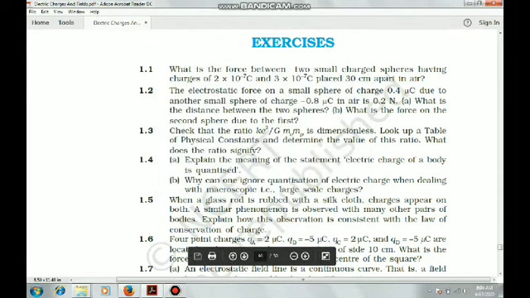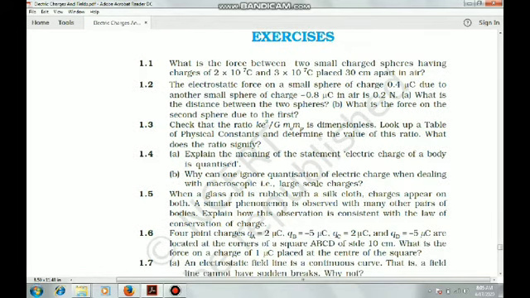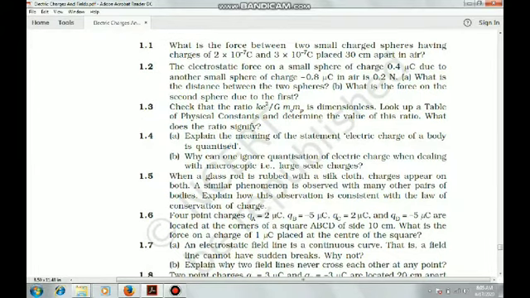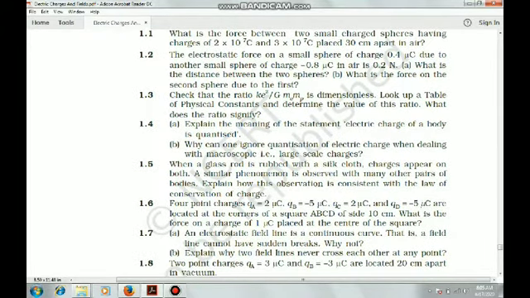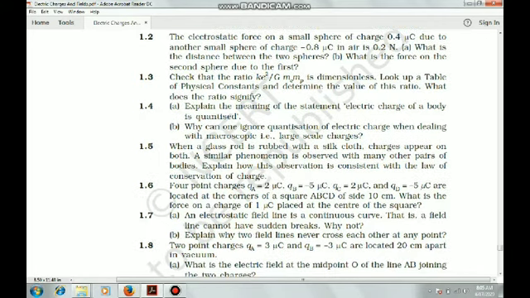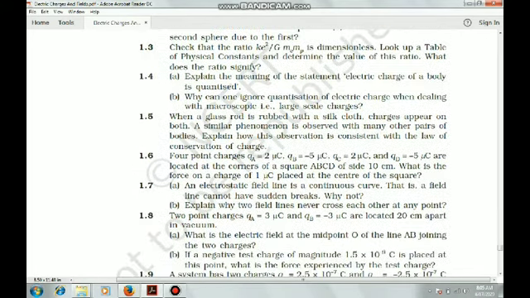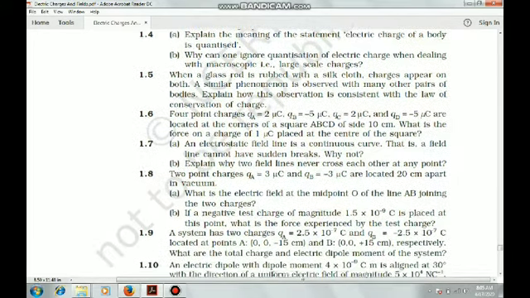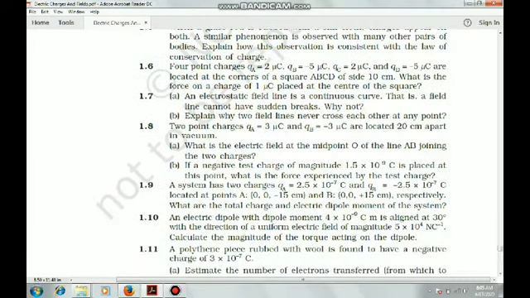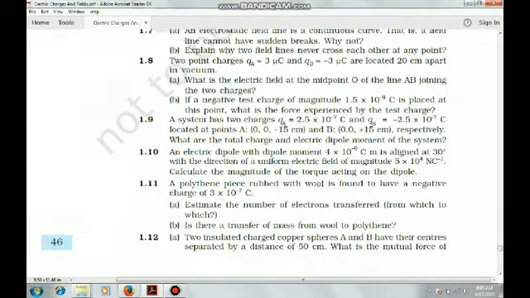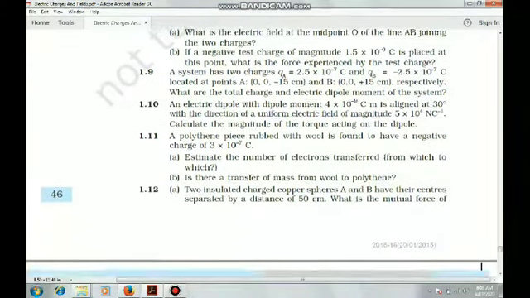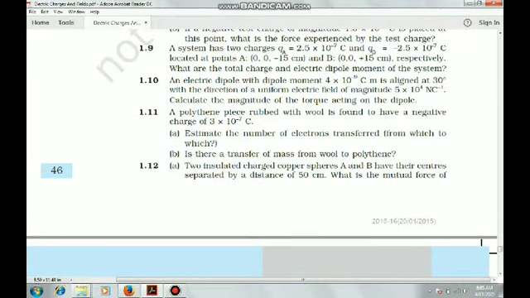So now let's continue with that exercise. This exercise contains 28 numericals. The first numericals, 1.1, 1.2, 1.3, are from electric force, and you can easily do them if you go through all your lectures. I am scrolling down slowly. So 1.3, 1.4, these are just logical questions. 1.5, 1.6, 1.7, 1.8, you can do by your own. Here we have 1.10, 1.11. These are the numericals that you will do on your own.